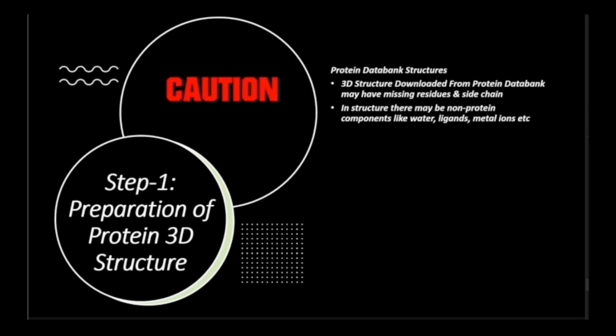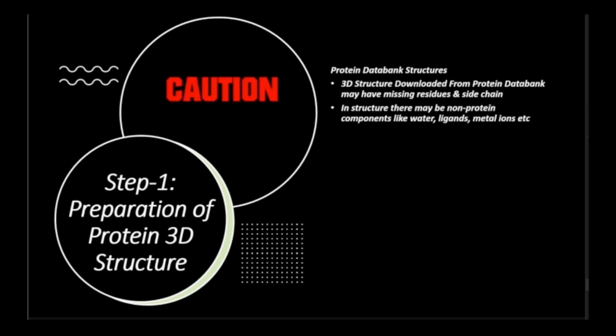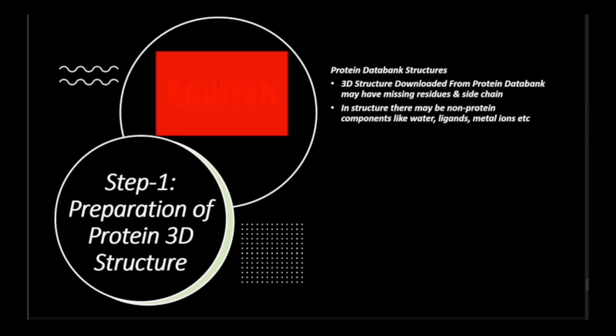This concept may be difficult for you to understand, but anyhow, sometimes during a three-dimensional structure prediction, we need to attach some non-proteinous structure with the protein so that we can get this structure. And obviously, they're not a natural part of the protein, so we need to remove them. So these two are very key positions, key things which you need to remember before taking the protein structure to